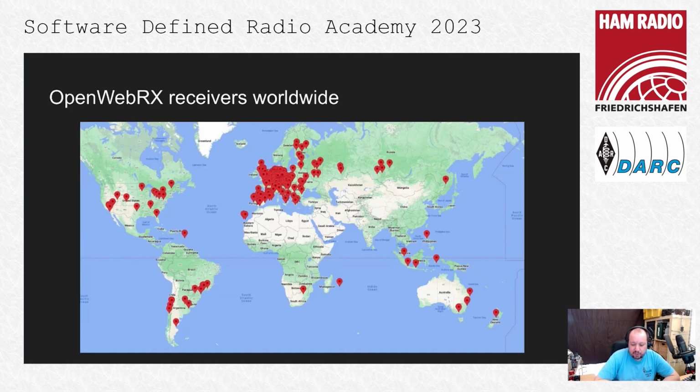Now, if you want to try out OpenWebRX, you don't have to do anything other than go on the web, find one of these receivers with your computer, and browse there. I've put this map here just to show that there are receivers in many parts of the world. This is a snapshot from today. It changes. There are new receivers added almost daily. This is just to show you that there are a lot of options available already. And as I said, you don't need to install any software. All you need is your browser, which I'd consider a given these days. And you can go off.